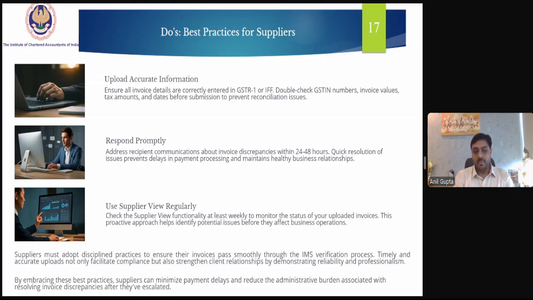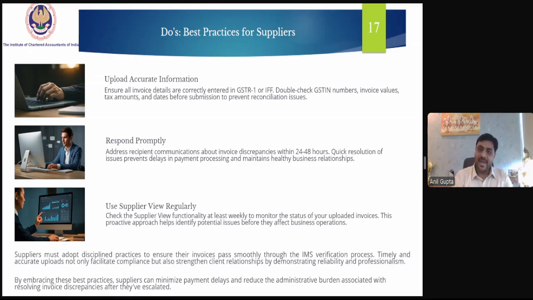Suppliers must adopt a disciplined practice to ensure the invoices pass smoothly through the IMS verification process. Timely and accurate uploads will not only facilitate compliance but also strengthen client relationships by demonstrating reliability and professionalism.